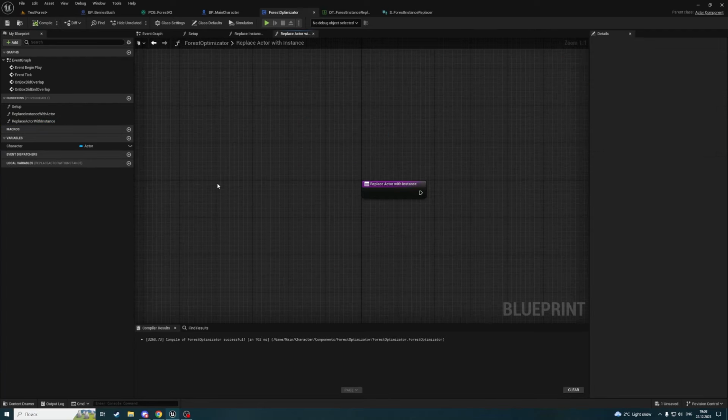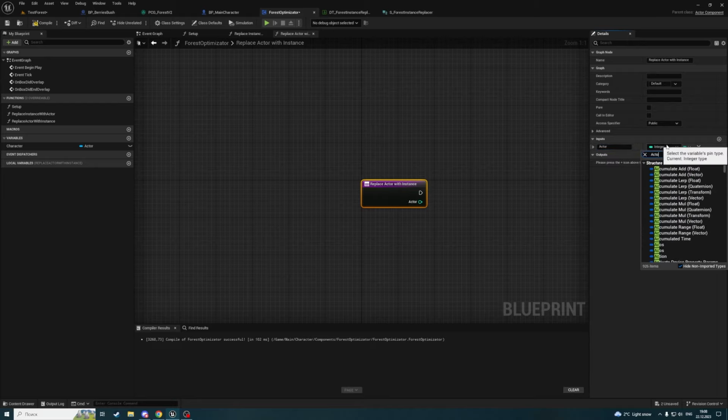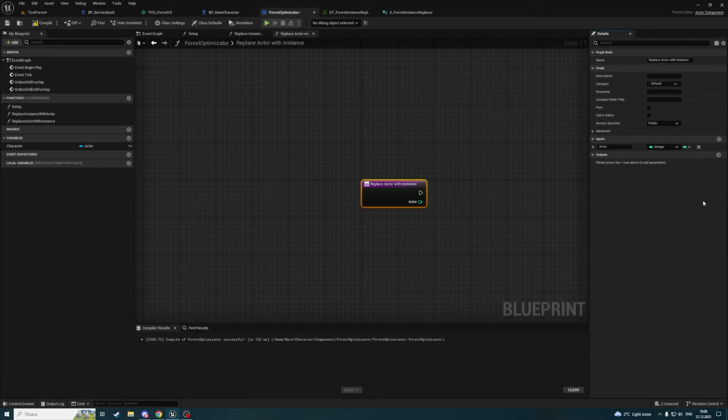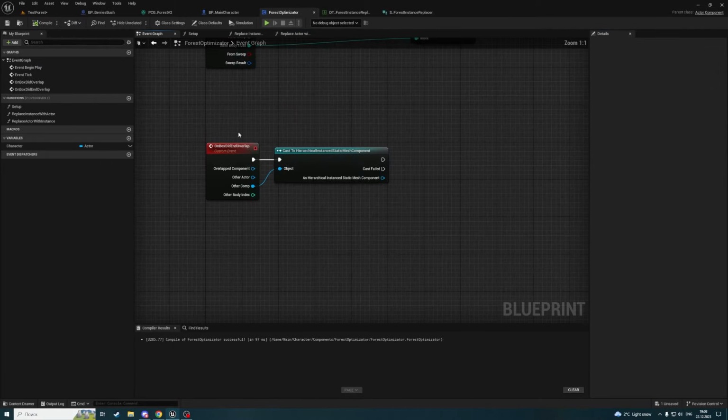Well, what should it have? It should have an actor to replace. Actor of type actor. Like this. And let's call this function